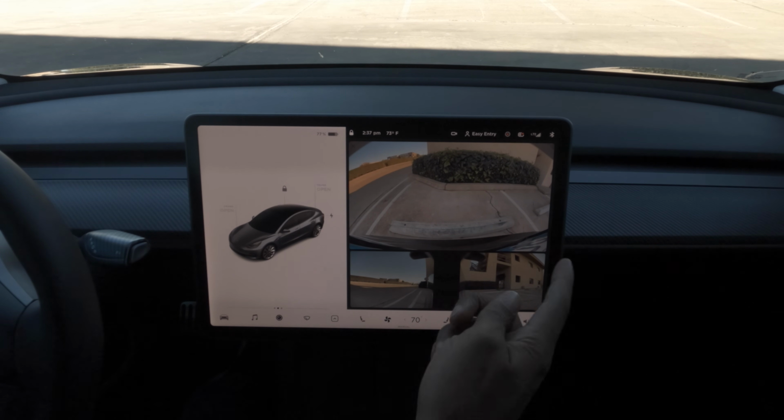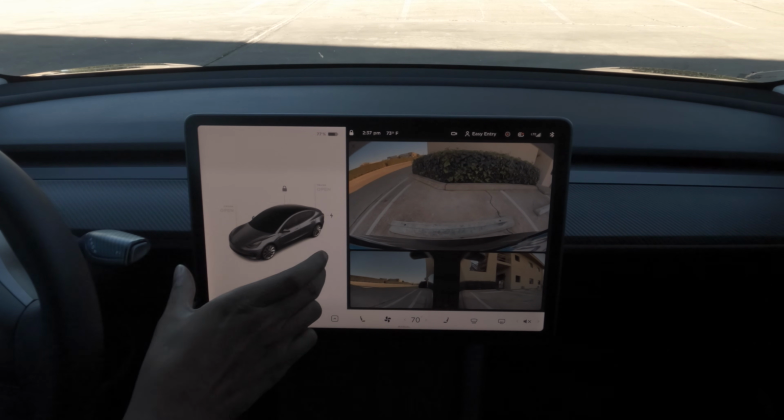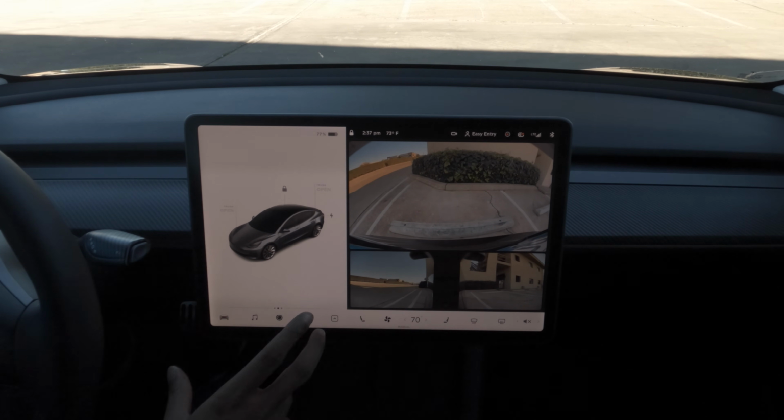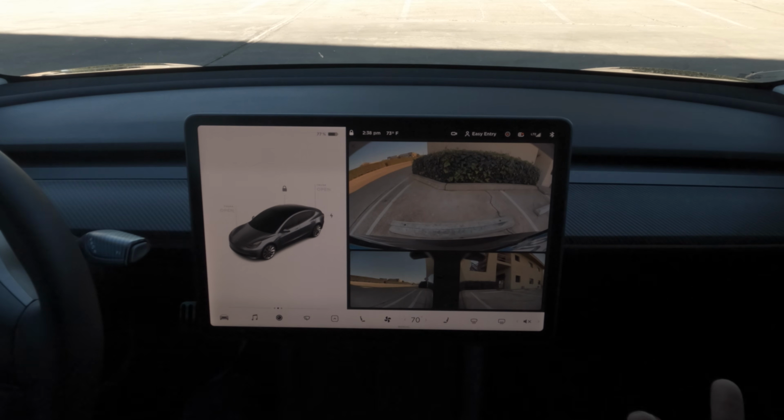So now what I'm going to do is step out of the car, walk around it and let you see it, and put my mobile app over here to the side as well. And as you all know, you can talk through the car as well. I'll try to get a soundbite of that as well. So let's check it out.